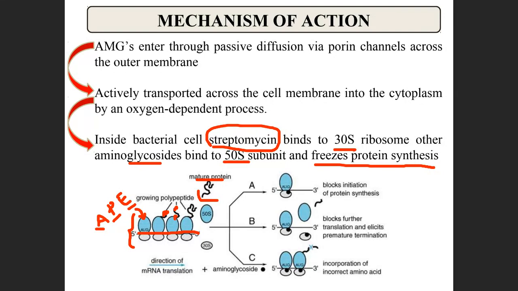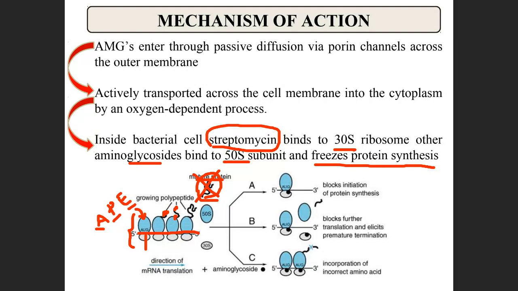So these medications, what do they do? They either bind to the 30S or they bind to the 50S and try to stop the formation of the protein synthesis. So the ultimate goal is to stop the synthesis of protein, but the mechanisms by which they act